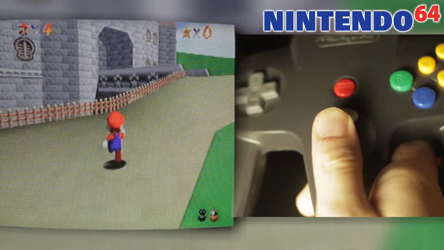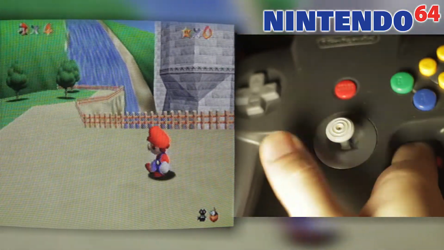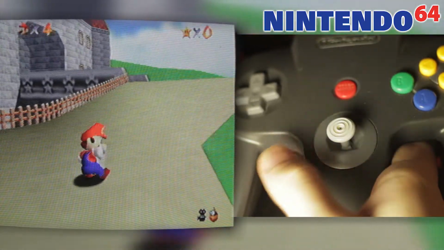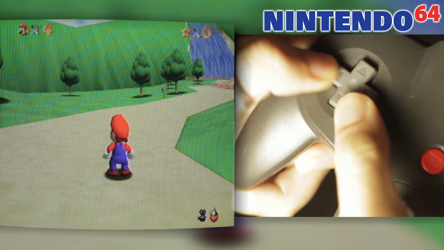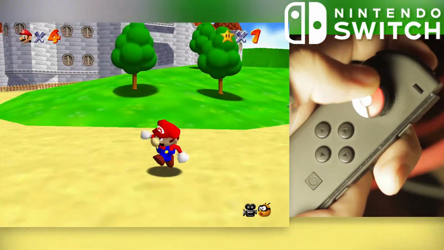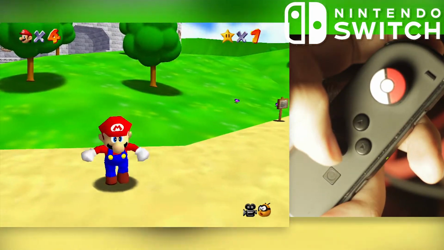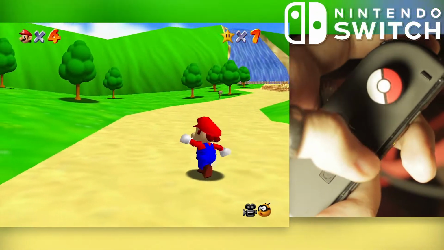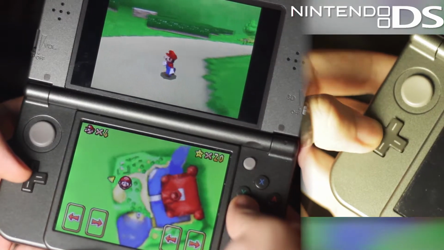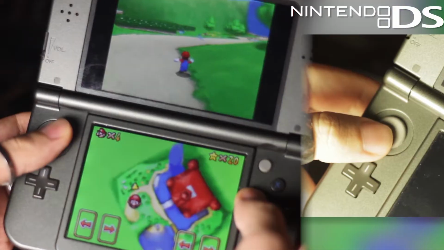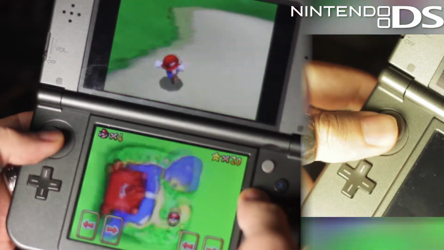The analog stick can move Mario in every direction, up, down, left, right, and in circles, with the D-pad serving no purpose. The left analog stick acts the same way in the Switch version. The D-pad also moves Mario either up, down, left, or right as well. The DS remake uses the D-pad to move Mario, as well as the analog stick on the 3DS or the